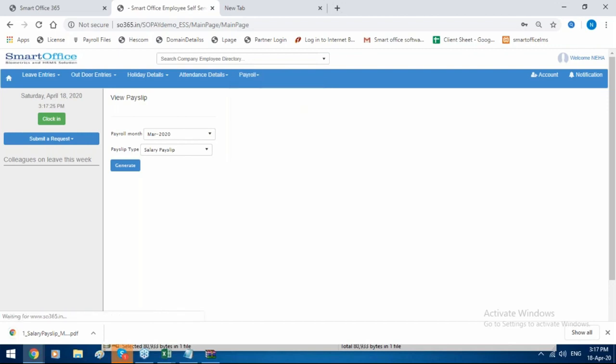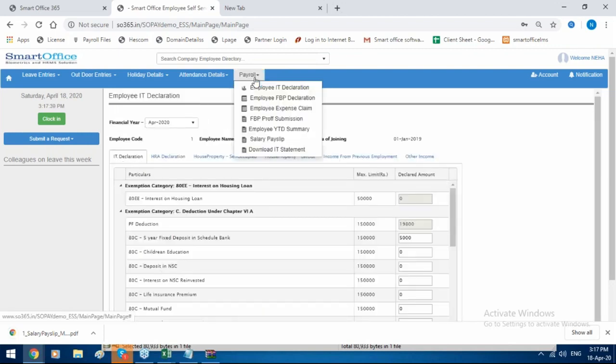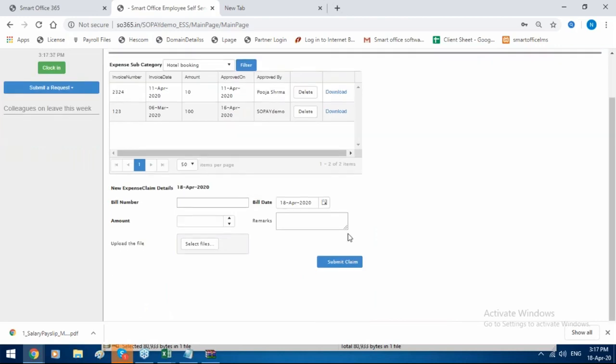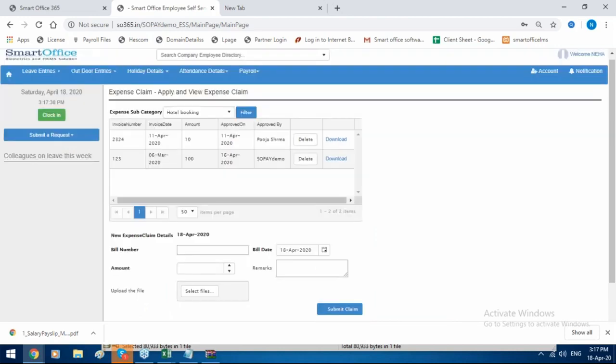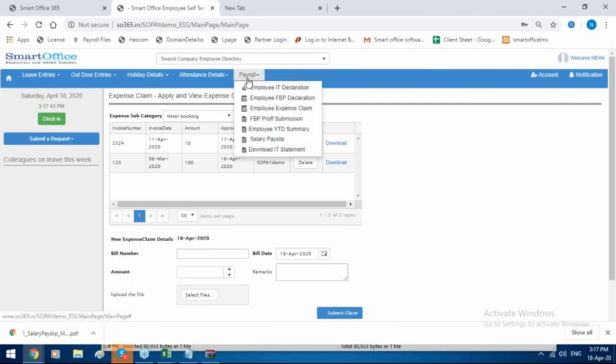They can declare their IT declaration from the mobile application, and FBP declaration. Apart from that, like expense claim as I told, they can apply the expense claim from the mobile application also.